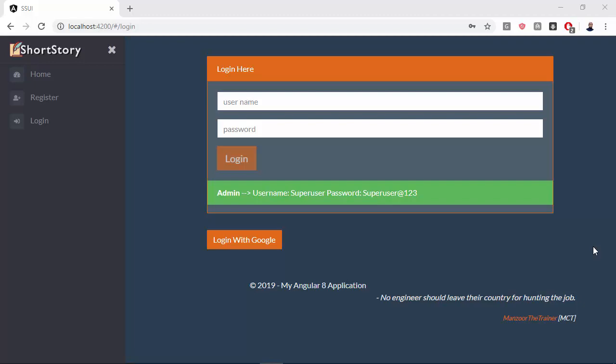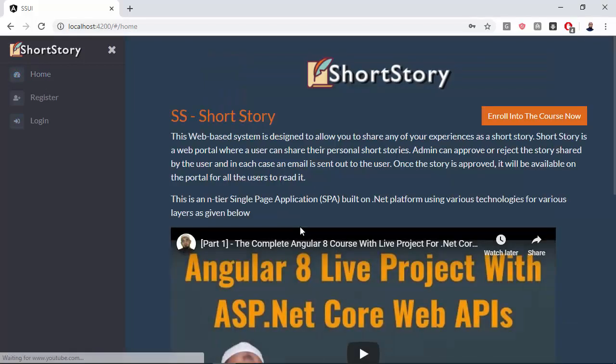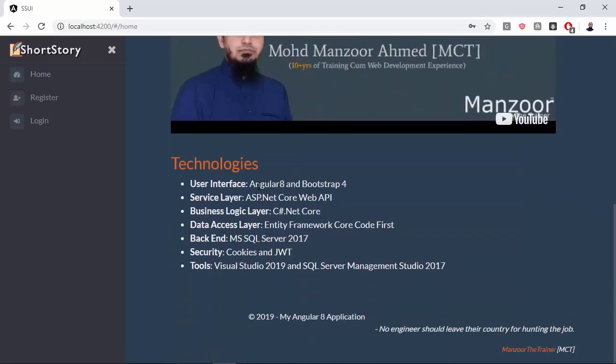By this time, I assume that you have a better understanding of these technologies: Angular 8 and Bootstrap 4, ASP.NET Web API Core, C#.NET, Entity Framework Core Code First Approach, Microsoft SQL Server, security with cookies and JWT, and you are good with these tools. So these are the prerequisites for you to understand this project.